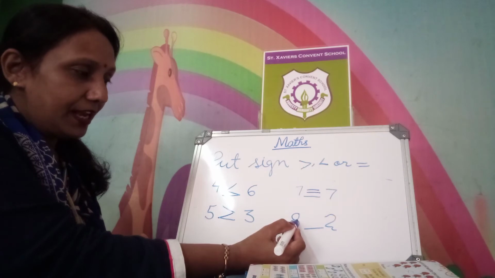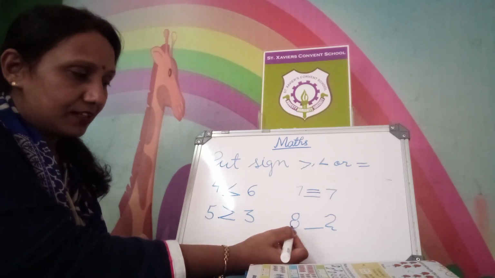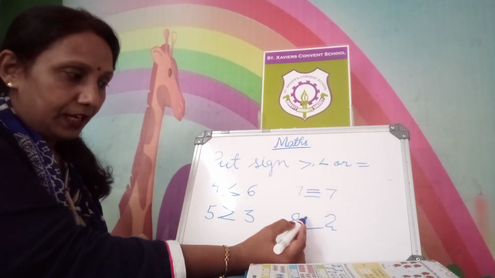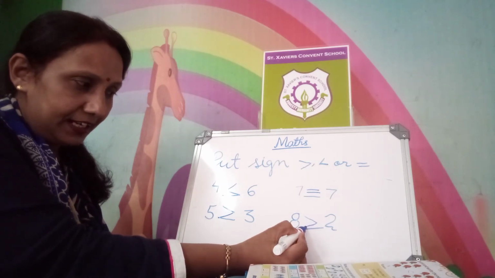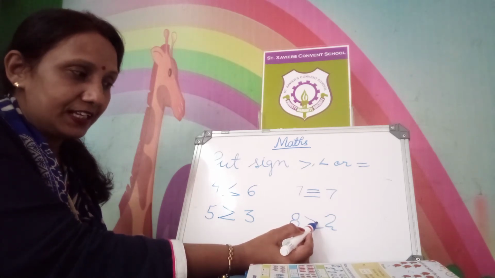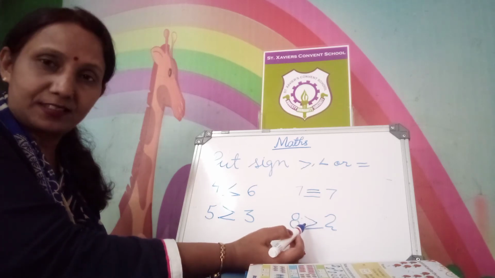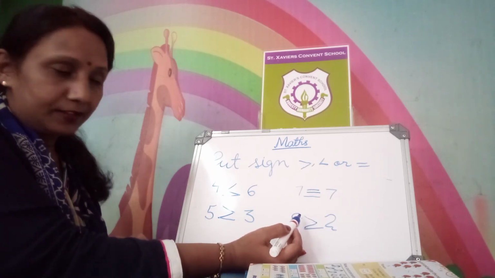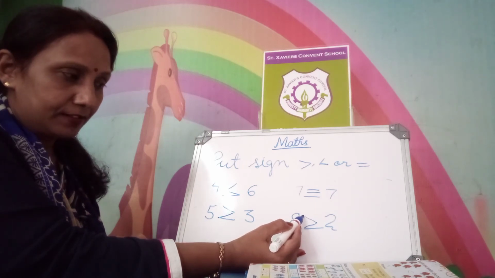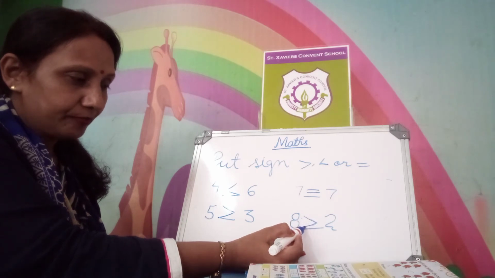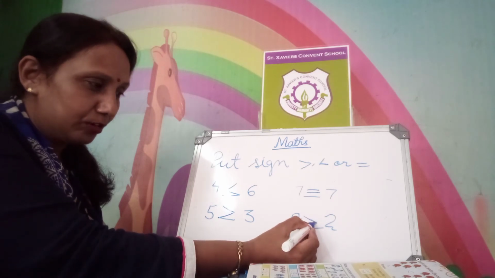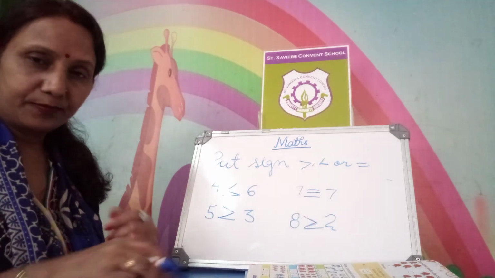Alright. Next digits you see 8 and 2. Between 8 and 2, which is greater? 8 is greater and 2 is less. So, the sign of less than is this, the sign of greater than is this. Got it? So, for greater than, we will put this sign, that is the mouth open, and for less than, what do we see with this sign, the mouth closed. Got it? Understood?